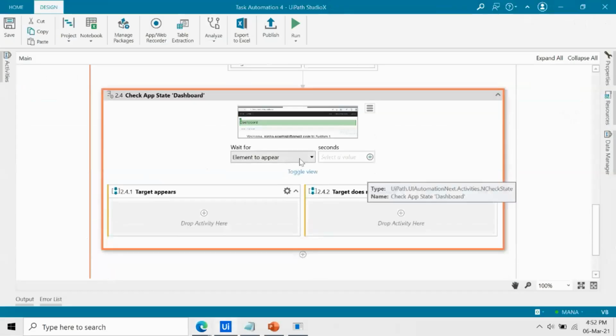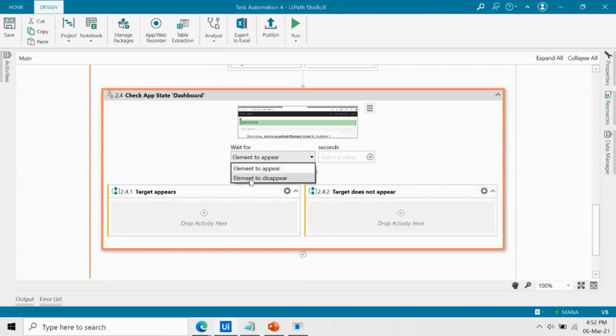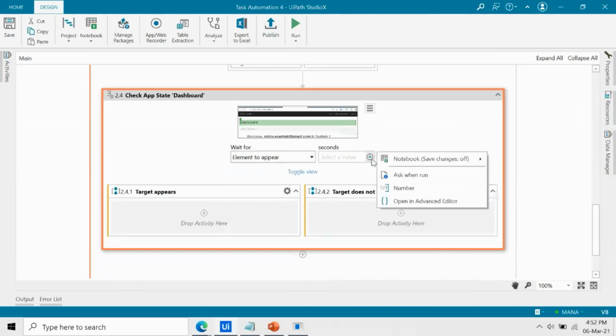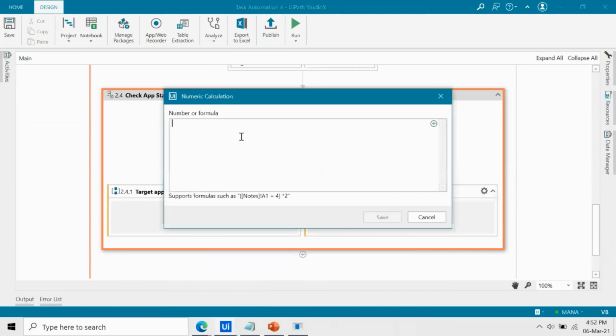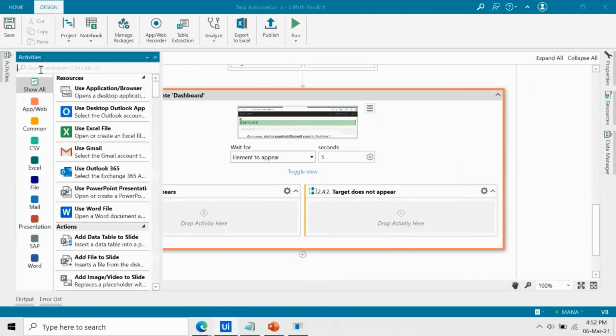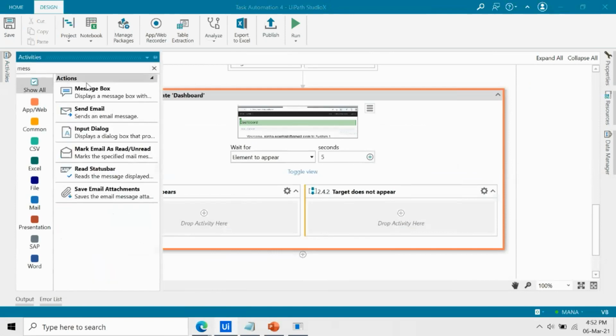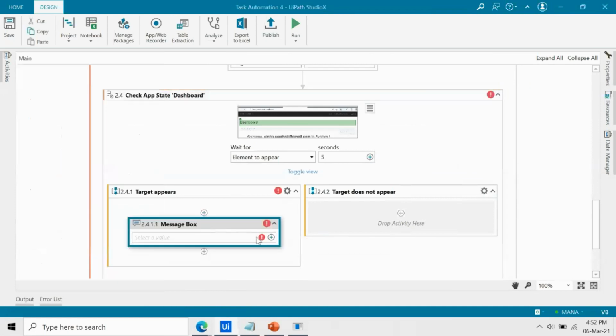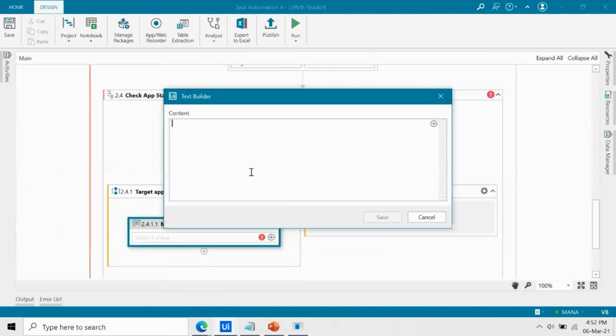Now you have an option whether you want a certain element to appear or disappear. Then you can choose accordingly. So I would say that if the certain dashboard element appears within, let's give a number, maybe 5 seconds, then I have to proceed with the next activity, let's say I just use a message box and put a text like successful login.